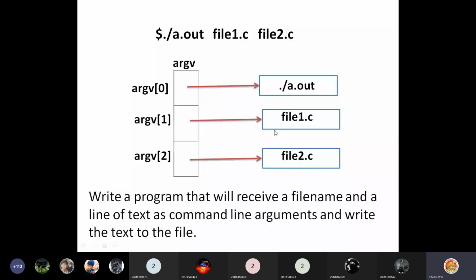That means whatever you pass on the command line is stored in some memory. Now you can access those values using argv[0], argv[1], argv[2]. Clear? This is how we can pass command line arguments to the program.